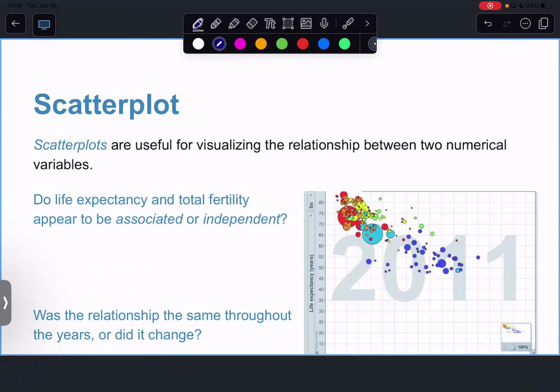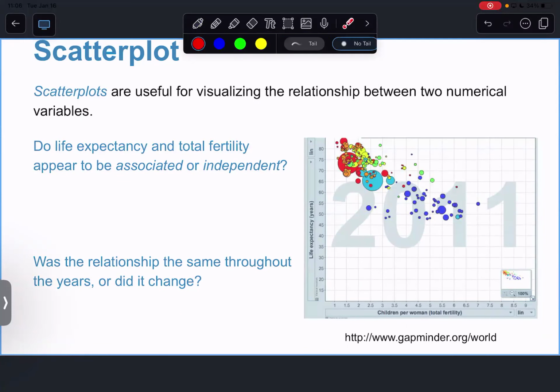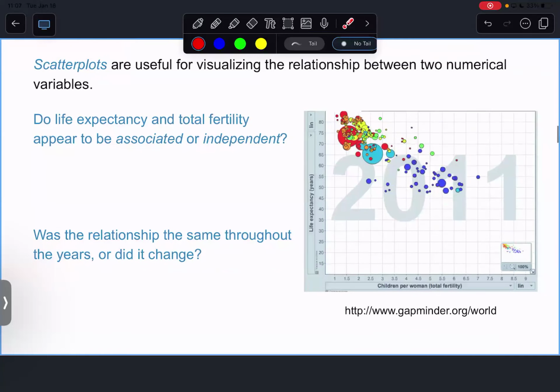Just briefly, it's kind of part of the review. We talked about scatter plots last day, but here's kind of a fun scatter plot. Gapminder has all this world data that you can play around with, and it's interactive. You can change the year. This is set to 2011 because it's static, right? But as you change the year, you can watch the relationship change, right? In this case, we're talking about, it always cracks me up, children per woman, which we're using as a measure of total fertility,